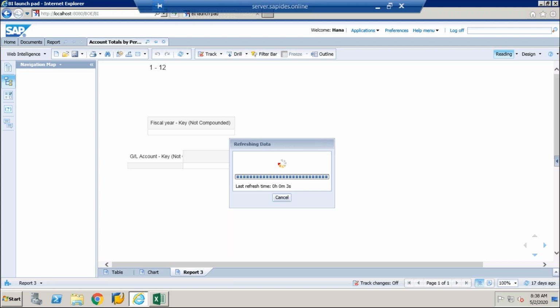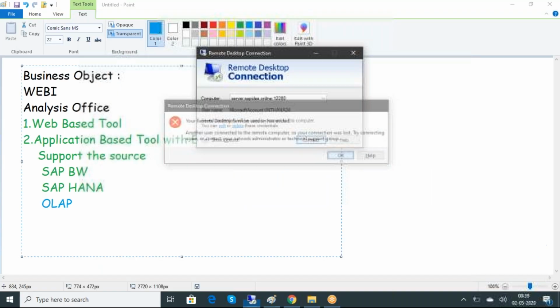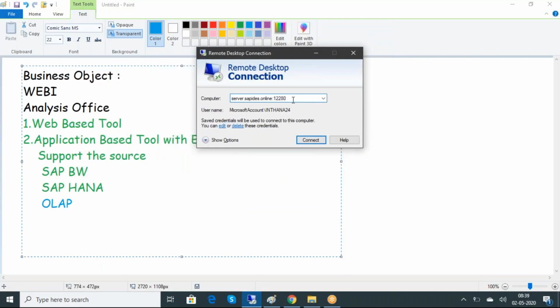So it looks like it is stuck again. There are some issues going on.